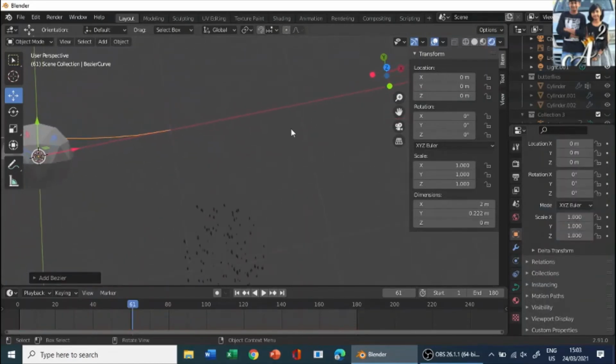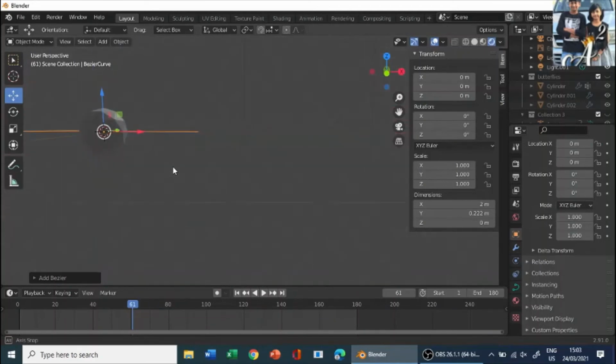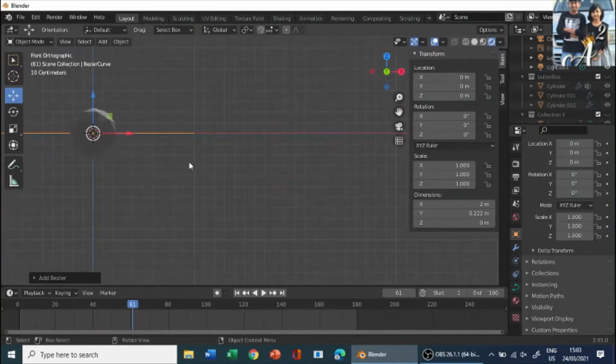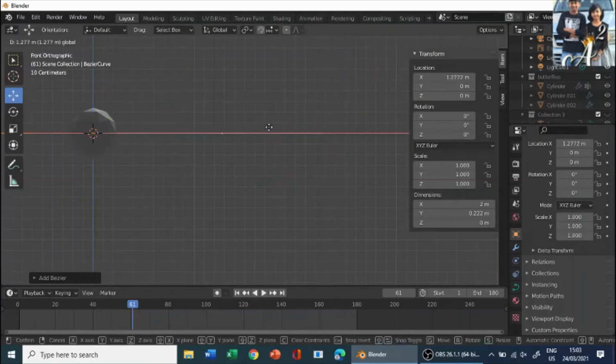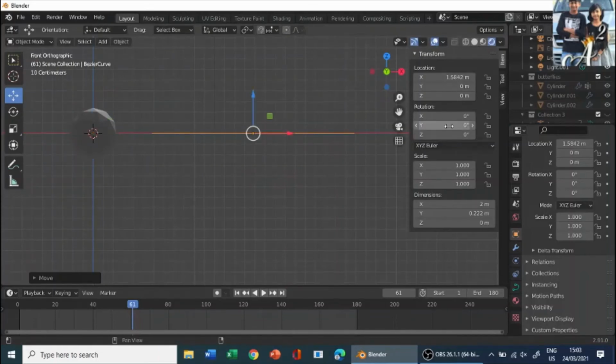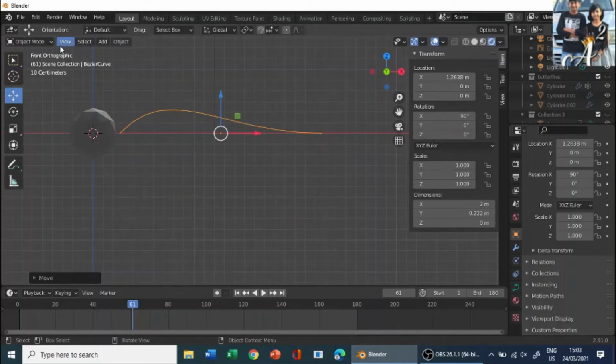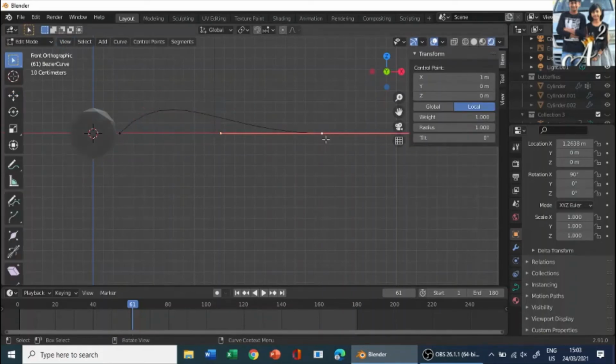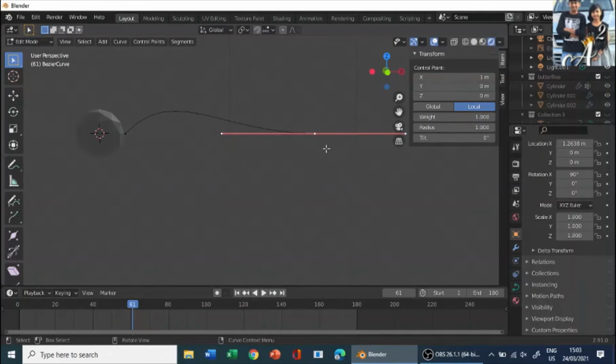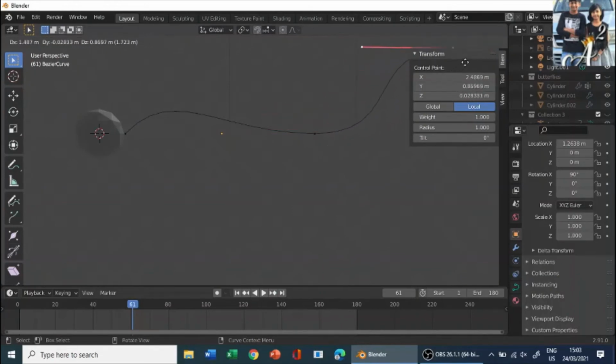Now go to this view, press Ctrl Numpad 3 or 1, move it here and rotate it on the X axis 90 degrees. Go to edit mode by pressing Tab, and Ctrl E to extrude it, and extrude it as a line over here.